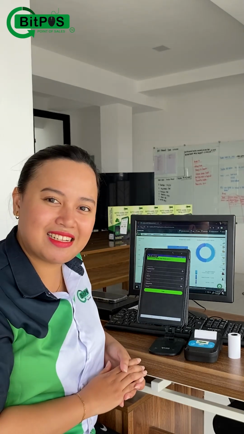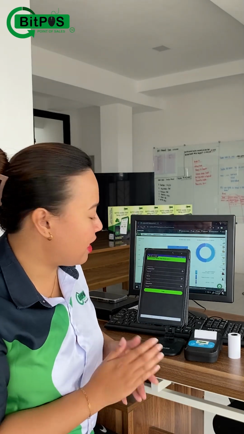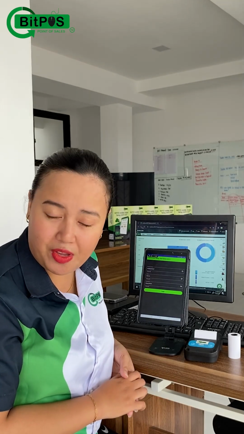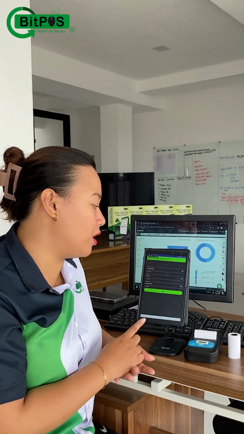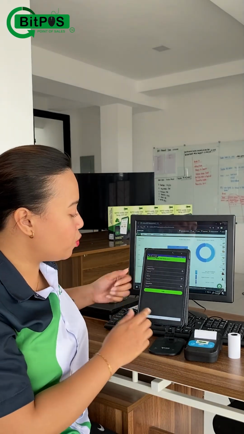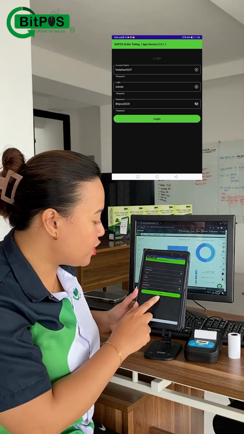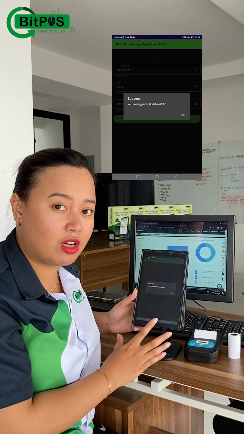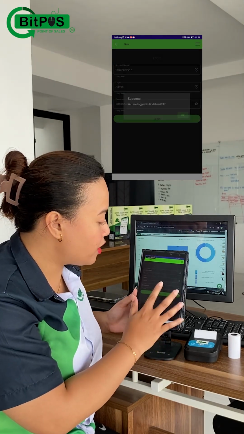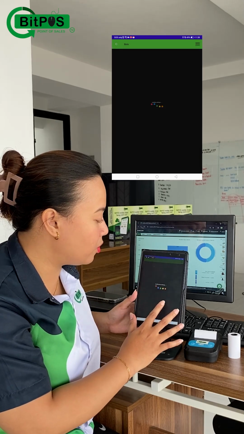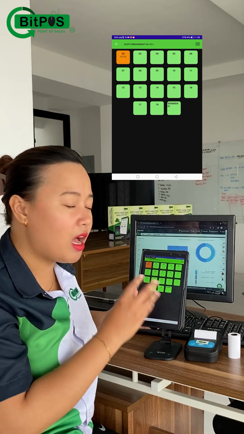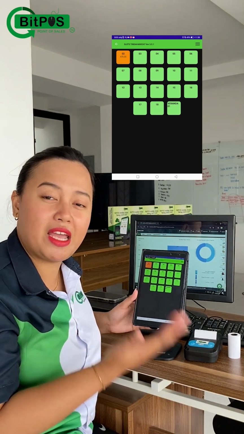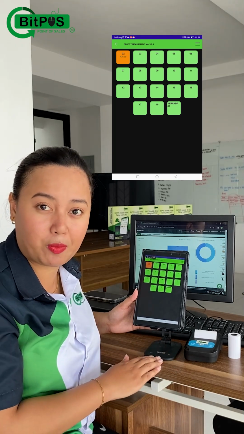So, let's dive in. First step is I am going to introduce the interfaces that we have here in Bitpos. I'll be using two interfaces here. The first one is the one we have here on the tablet. This one is what we call the POS or the cashiering interface side, which is an application that will be installed on the device, and you have the specific credentials that you need to log in so that you can use the app. So I have this kind of interface for my setup. I do have two options here. I can do pay as you order and table order taking process.